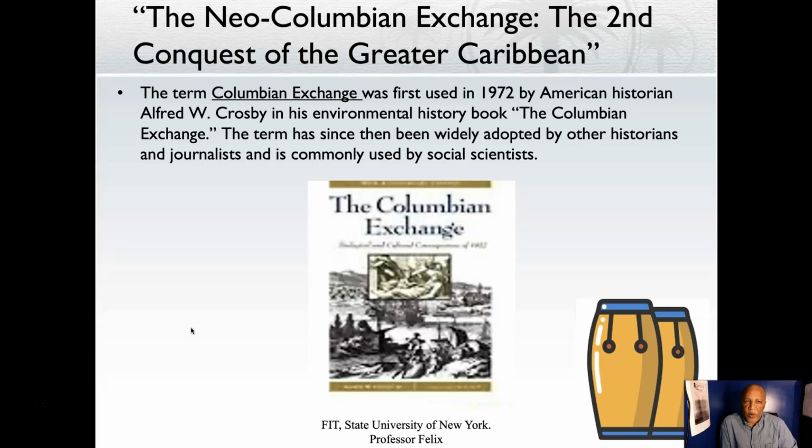And so, what is the Greater Caribbean? The Greater Caribbean should not be confused with the Greater Antilles. We have encountered this term before, Greater Caribbean. We first got used to it in the readings of Boswell when he spoke about the Greater Caribbean, which basically is the entire area washed by the Caribbean Sea. So this includes all of the Caribbean islands, but also includes the mainland countries of Central America and South America.